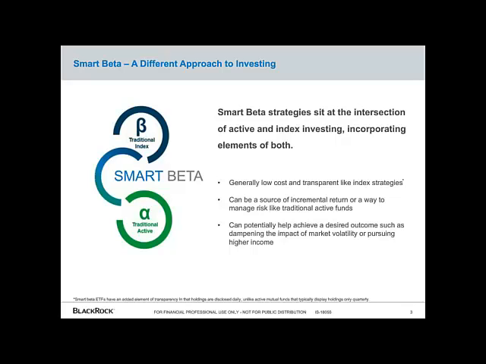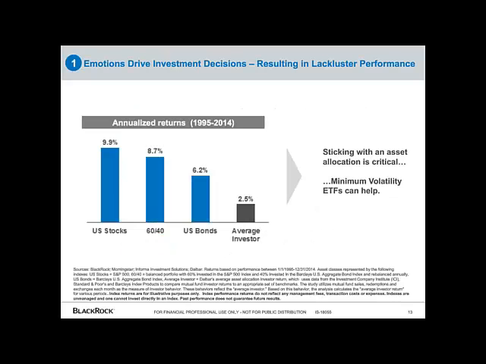And if we go back to that Dalbar study, or the data that shows that effectively investors have a really hard time timing the markets, what we know over time is that most investors will tend to underperform the market because they're not staying invested over the long run. And that's really another way of saying that many investors make that bad timing decision, or they make a really poor timing decision. And so if you can time MinVol versus the market, when to be risk on, when to be risk off appropriately, absolutely, these can give you another great tool.